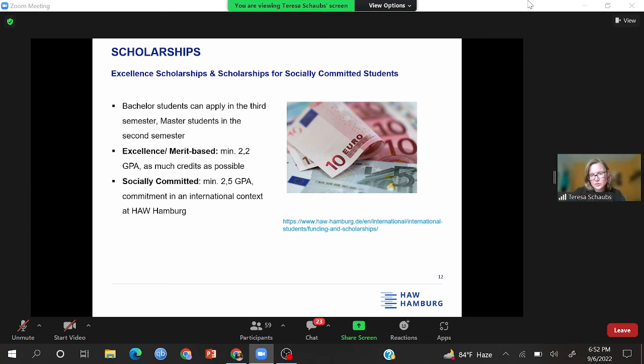And also for the excellent scholarship, if you have a 2.2, it doesn't guarantee you a scholarship, okay? Usually the scholarship holders have much better grades. Chandrima, can you turn off your mic, please? Thanks. Okay, so it doesn't guarantee you the scholarship. It just means that you can enter the pool of candidates, who are then later selected and narrowed down by all the criteria.